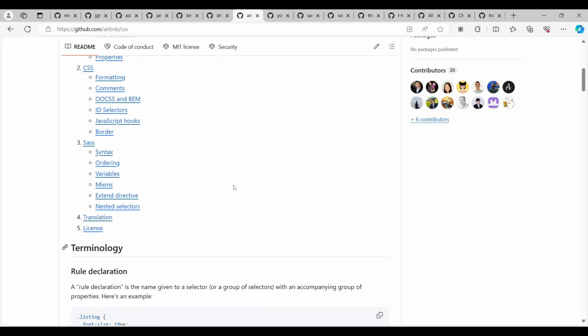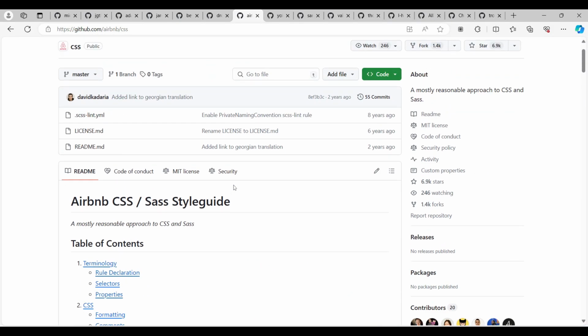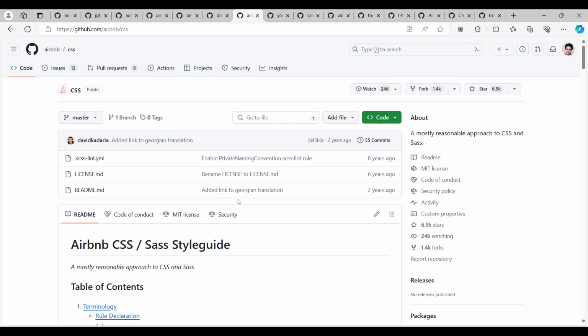Okay, that's what I will be telling. You have to spend some time. And whatever I'm saying, these are some famous GitHub repos also, with 6.9 thousand stars. So, yeah. Moving forward,